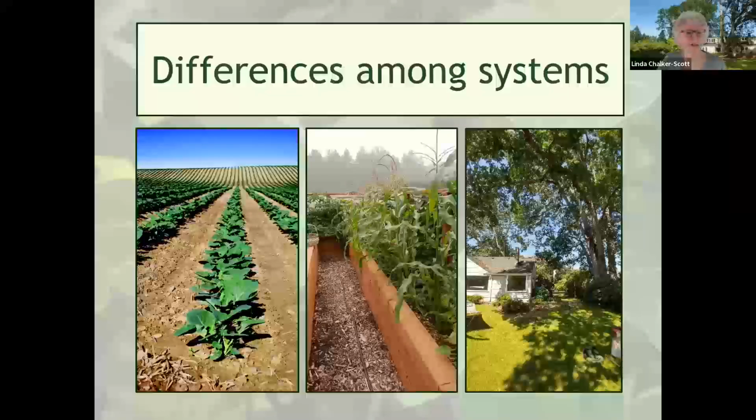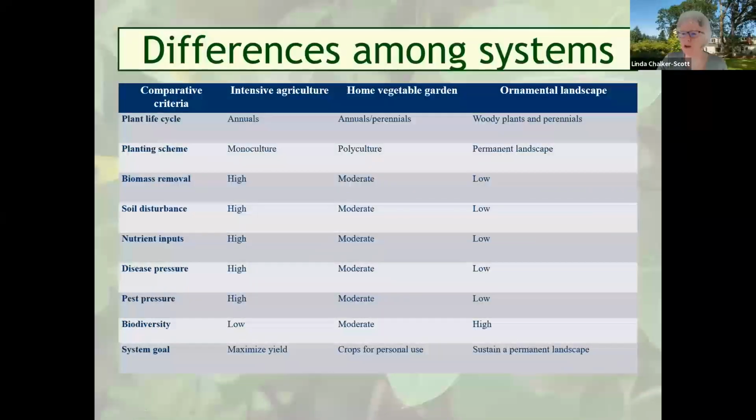And a home landscape is completely different than either of these two things because it is a perennial permanent system. And again, this is actually where I live, over on the west side of the mountains. And you can see that we have some huge oak trees, and I live on our family farm, which we've had for over 60 years in the family, and we've got trees that are centuries old. So it's quite different managing those types of soils as opposed to managing, on the other end, something for agricultural production. So a colleague of mine and I put together this comparative chart,